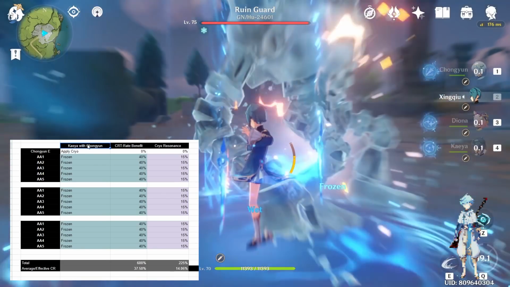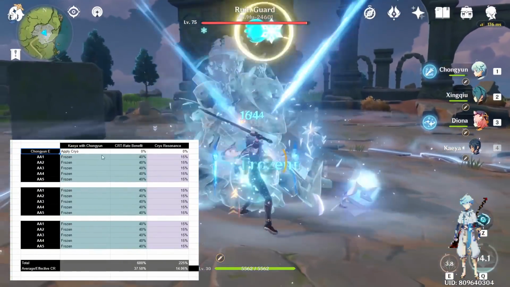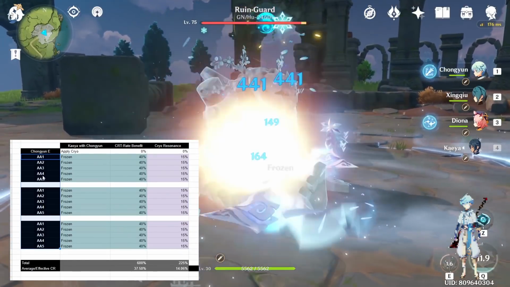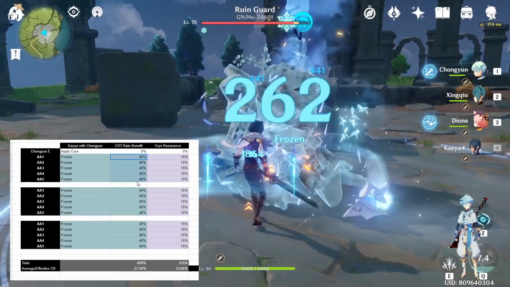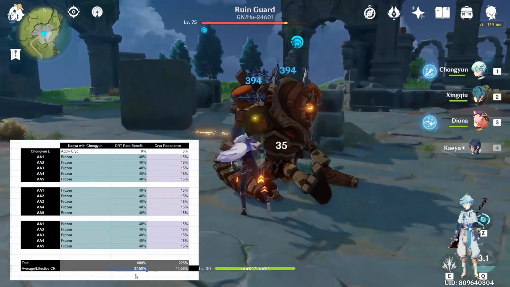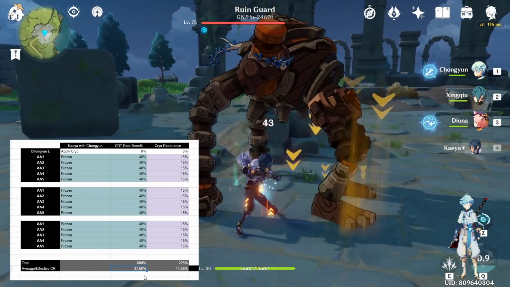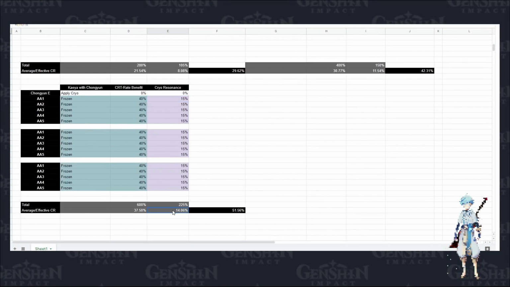So for Kaeya with Chongyun, this is Kaeya performing the basic attacks with Chongyun E out and Xingqiu Burst. We have listed his 3 sets of rotations. And so yeah, he's just constantly hitting Frozen because he's not performing Shatters. Out of the 40%, he gets 37.50% crit rate out of it, which is really good. And out of the Cryo Resonance, he gets 14%. So out of Chongyun and Kaeya, Kaeya benefits the most out of this 4-piece set, giving you a total of